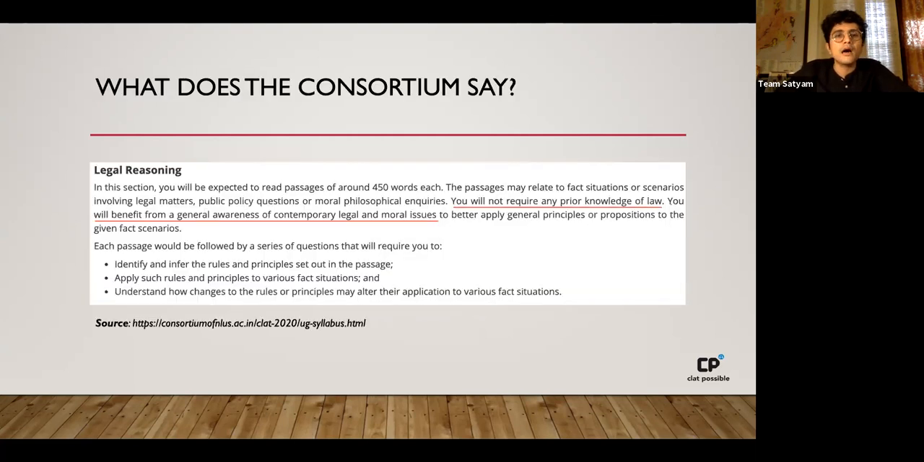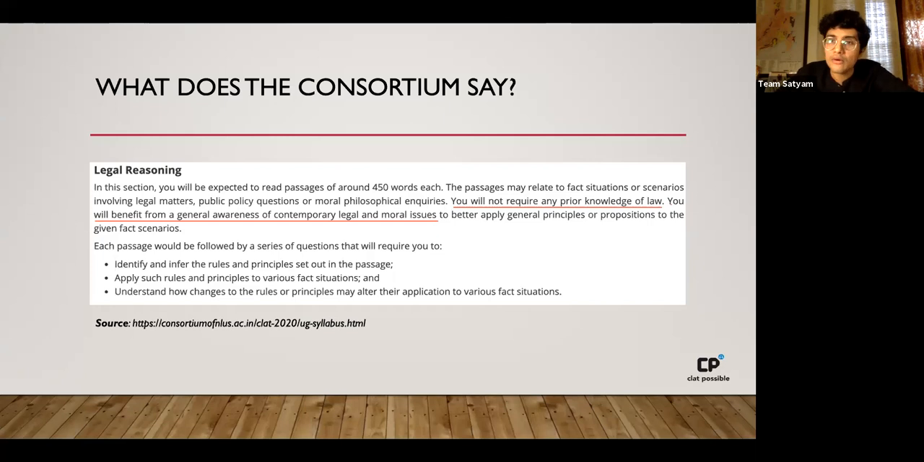Let's move ahead. Before going into the question paper itself, let's take a step back and look at what exactly was supposed to be in the syllabus of the legal reasoning section of the CLAT paper. The screenshot that you see over here is from the CLAT website itself, and I would like to point out the line underlined in red. It is stated very clearly and in unequivocal terms that you will not require any prior knowledge of law. However, what is stated in the next line is that you will benefit from a general awareness of contemporary